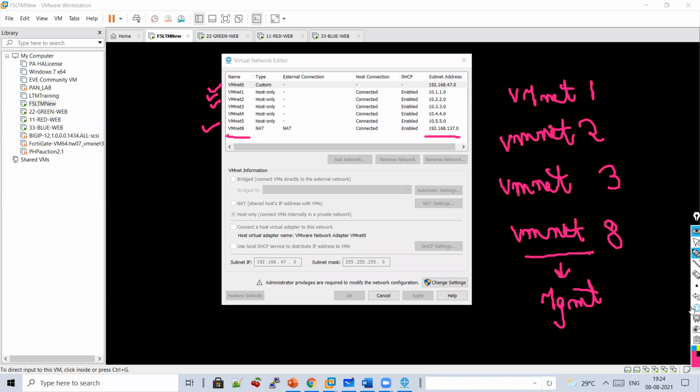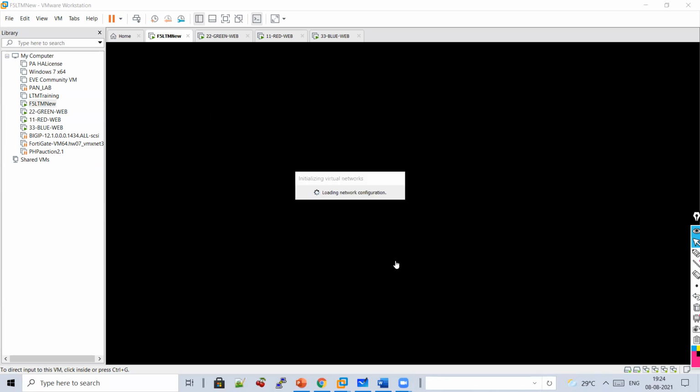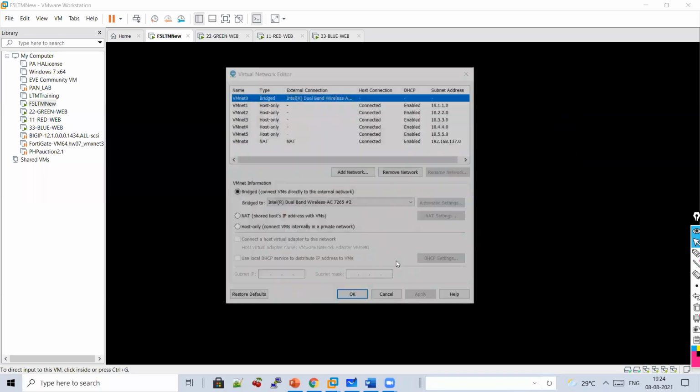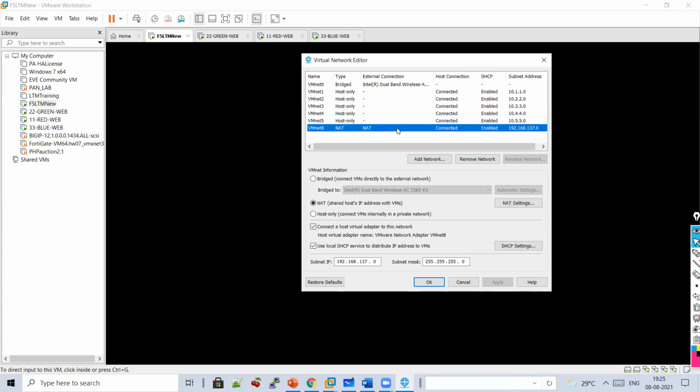To assign an IP address, you just need to click this, go to Change Settings, then you will come to know about this. Can you see this? I will be using a subnet IP for management, guys.